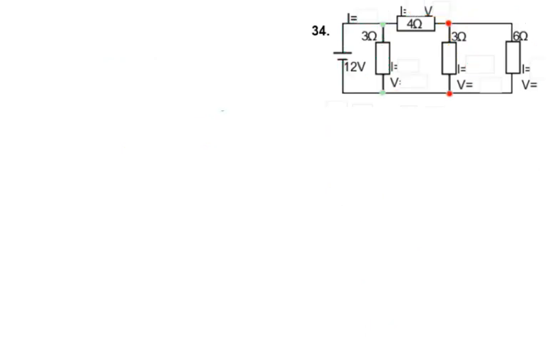Just to go over my results one more time, I will have 6 amps right here. This resistor shares 12 volt with the battery, so that is 12 volt. And the current is 12 divided by 3 gives me 4 amps. Then the current that we said went straight to the 4 ohm resistor is 2 amps, and 2 times 4 gives me 8 volts. 8 plus another 4 volt, they share the same 4 volt for both resistors, so these